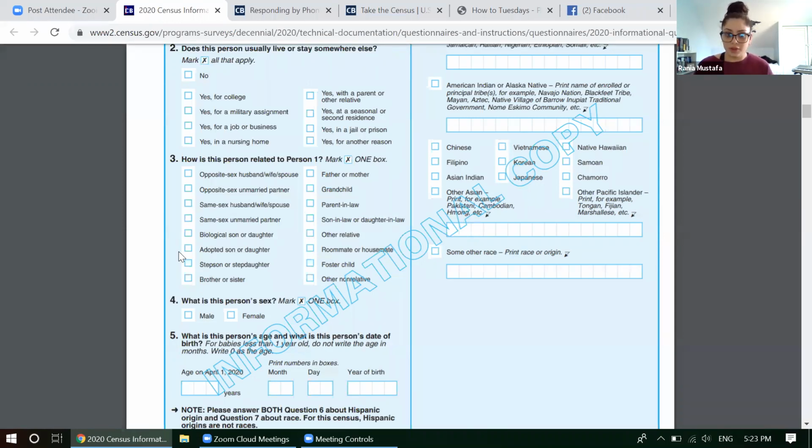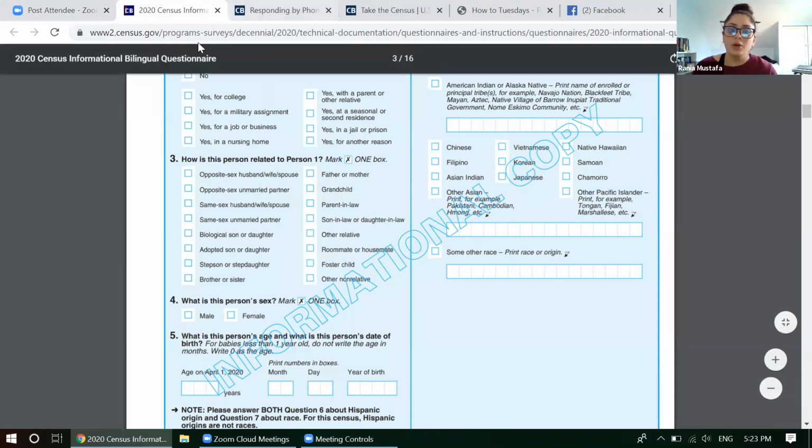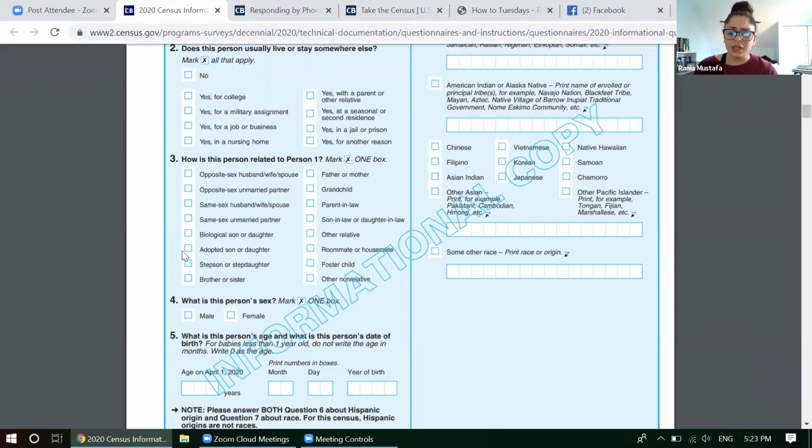If they are the ones filling out the census, they could decide on other non-relative or roommate or housemate when they're filling in your information. Again, this is completely protected by federal law. The only reason they want to know this is for demographic information, so they can figure out, statistically speaking,